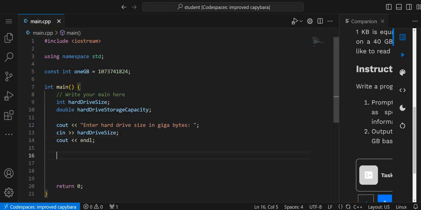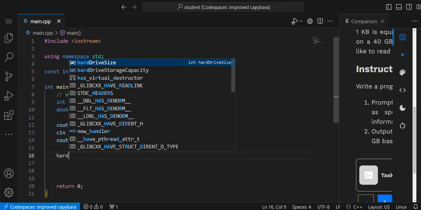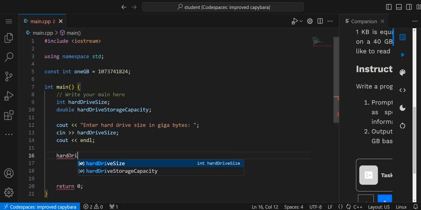Next, hard drive storage capacity. This is going to be a long one. That's a good hard drive storage capacity, double,